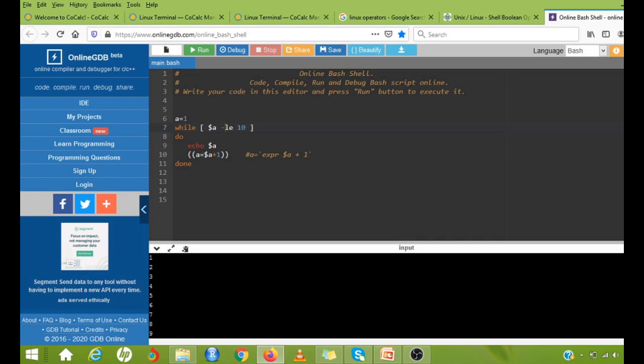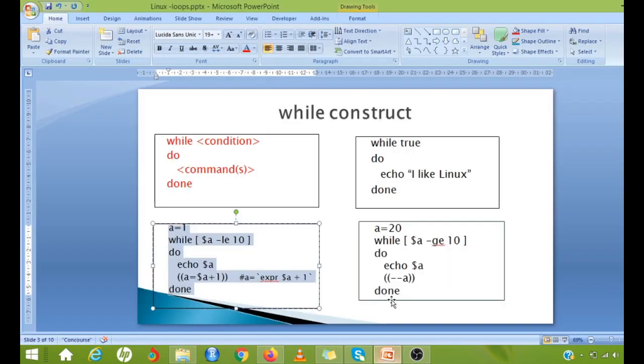So 1 will be printed, 2, 3, 4, 5, 6, 7, 8, 9, 10, and once a becomes 11, control is transferred outside the while loop, so it gets terminated. Now we'll go to the second program.